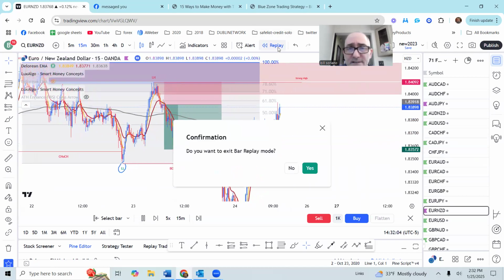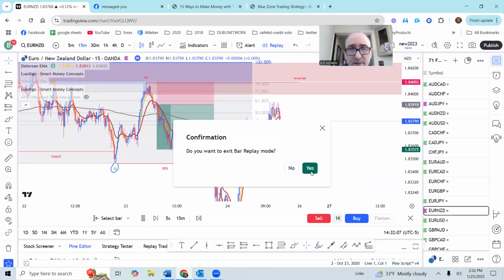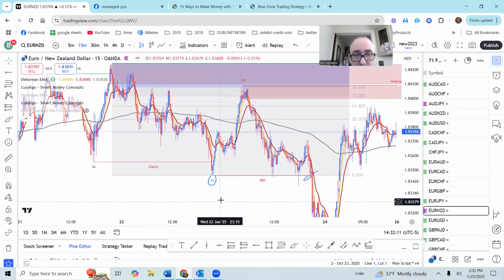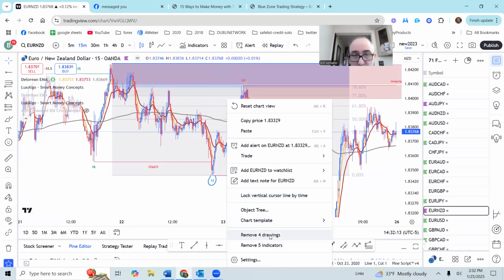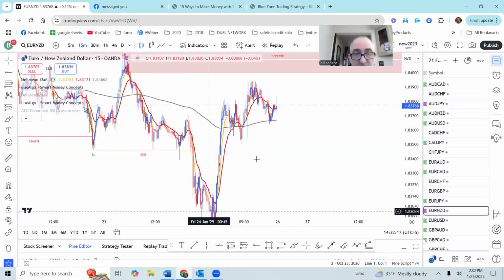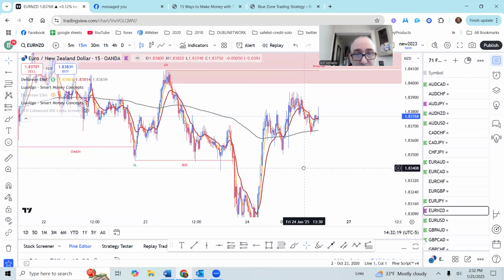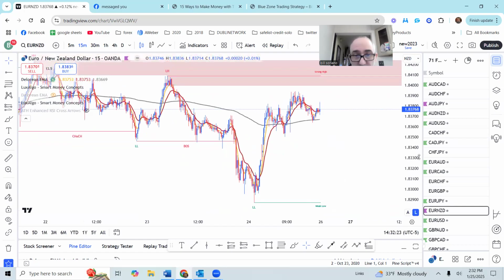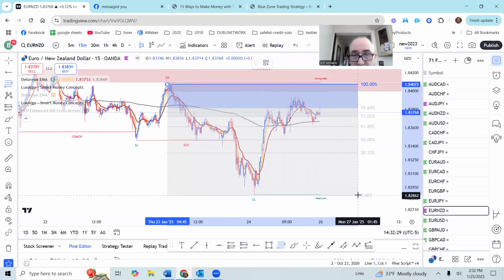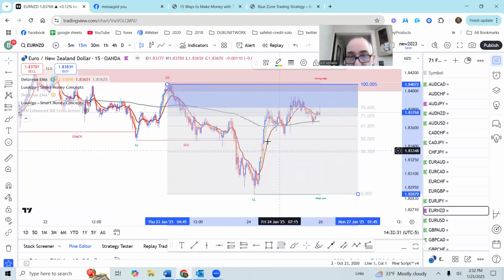So now let's look at the current situation here. I just showed you that trade right there. But let's just remove all these drawings and look at this again. Now, the most current break of structure was that big move down right there. And so our order block's right there. And so now, toward the end of the day on Friday, you could have a fib drawn from there to there. And you could see the price comes back